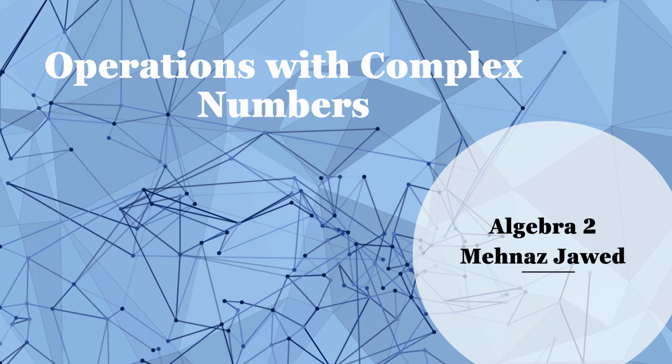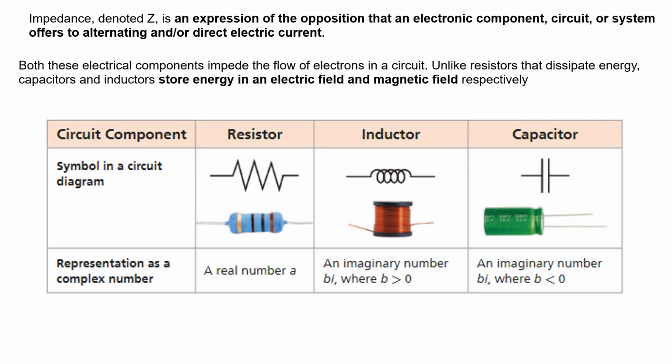Let's solve a few of the circuit examples in order to see how and where we can use complex numbers in real life. Complex numbers can be used to determine the total impedance and the flow of electric current. Impedance is an expression of the opposition that an electronic component or the circuit offers